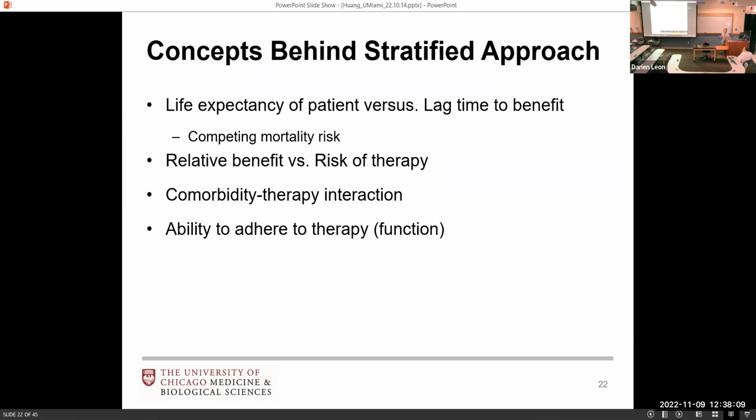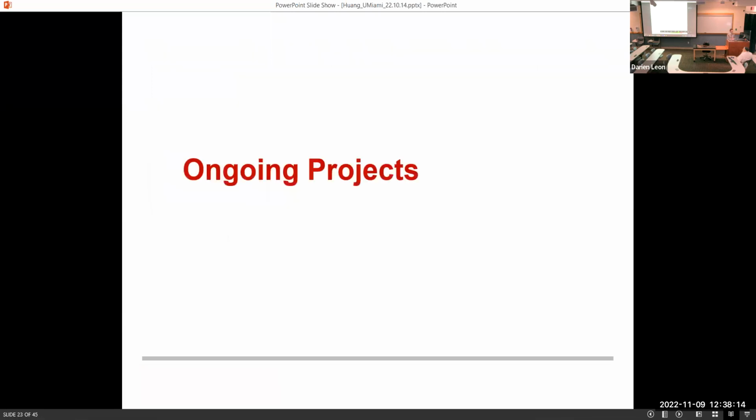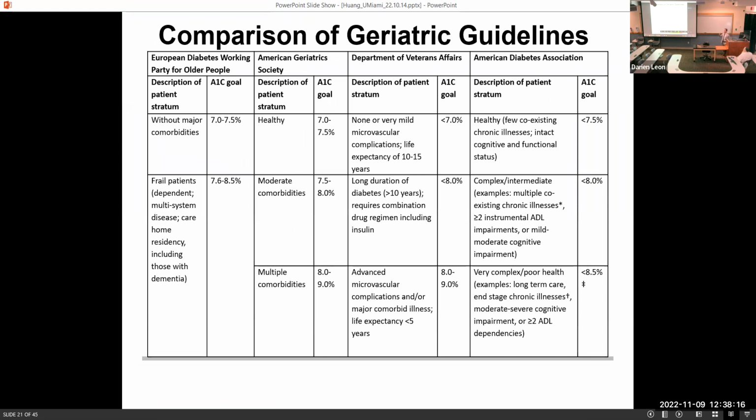And similarly in diabetes management, you'll notice that we have this sort of multi-tiered system. This is essentially based on time to benefit. So the healthier older patients that are likely to live at least 10 years, we recommend pursuing the same goal as a middle-aged patient or younger. But the more complicated the patient becomes, basically the shorter the life expectancy, we allow more leniency in terms of the glucose target so that there's more freedom for the doctor and the patient to choose goals beneath that.